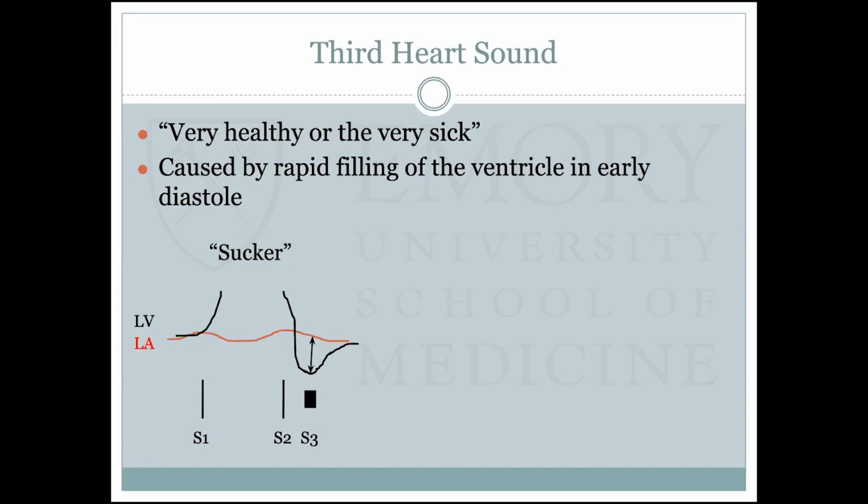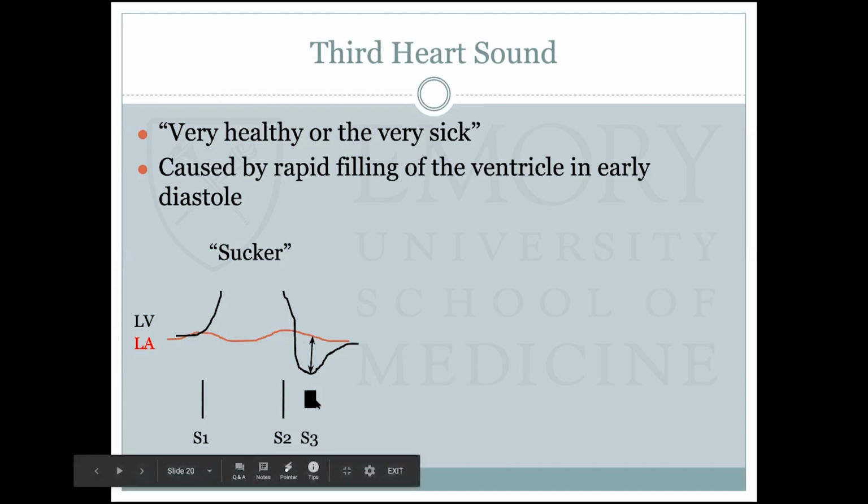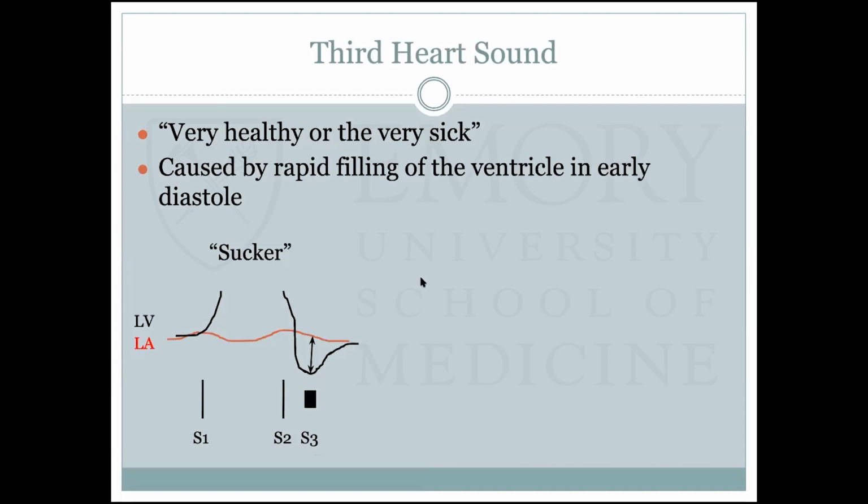One is you have a young, very healthy person, often an athletic type person, whose ventricle has wonderful diastolic function and rapidly sucks blood out of the left atrium into the ventricle during early diastole. And so you can get a third heart sound in this, again, usually young, healthy, often athletic population,